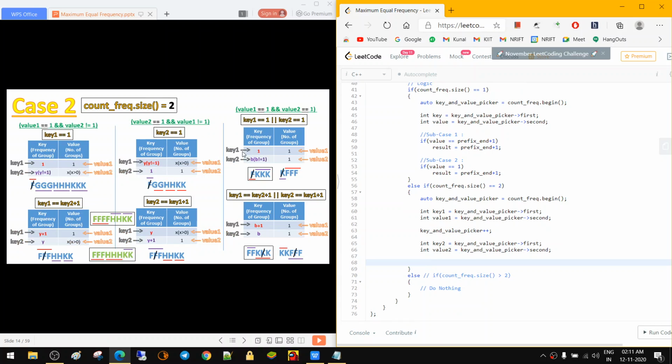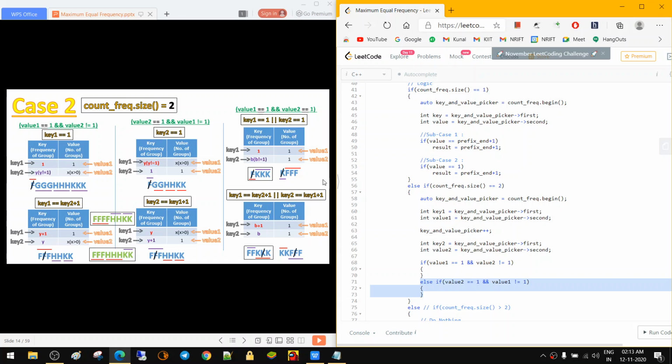So like I said, there are two cases mainly, but they are defined in 6 different cases. Okay, so one is the main case is this one, second main case, and the third main case. So the very first case is when value 1 is equal to 1 and value 2 is not equal to 1. So the corresponding situation can be described right here. The next case is when value 2 is equal to 1 and value 1 is not equal to 1. Corresponding else if condition is